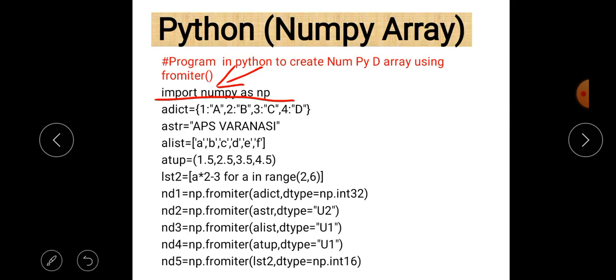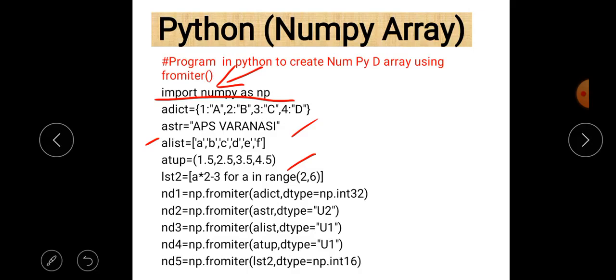So basically 4 pairs exist in this dictionary: 1a, 2b, 3c, and 4d. Next, astr is a string, and the string is APS Varanasi. Next is a list, which contains 6 elements: a, b, c, d, e, and f. And next is a tuple, which contains 4 elements: 1.5, 2.5, 3.5, and 4.5.